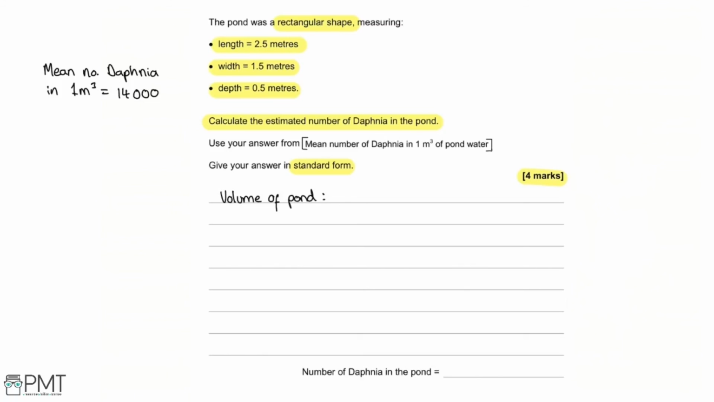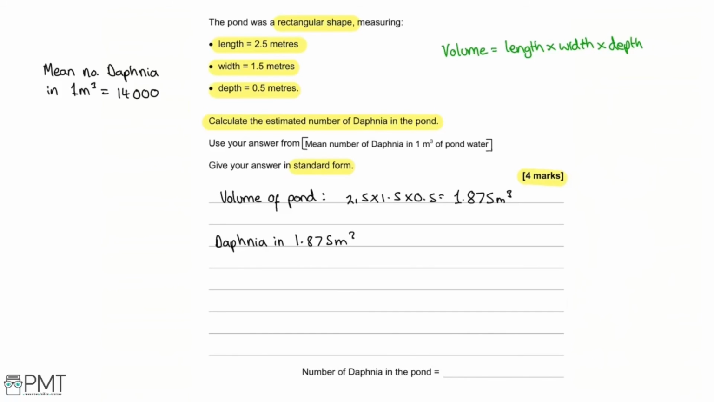Now, volume is calculated by doing length multiplied by width multiplied by depth. So that's what we've got to do with the values the question gives us. 2.5 times 1.5 times 0.5 gives an answer of 1.875 metres cubed. So we know how many metres cubed we've got, and we know how many Daphnia are in 1 metre cubed. So the last step for this is to multiply the two together. So we do 1.875 multiplied by 14,000, and that gives you an answer of